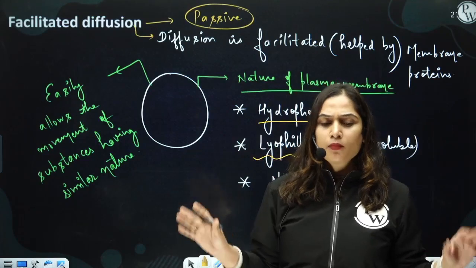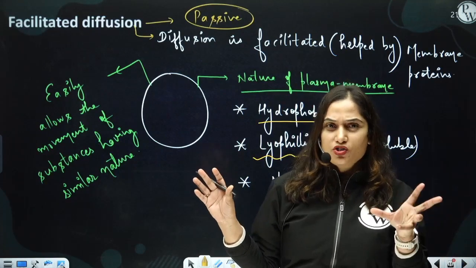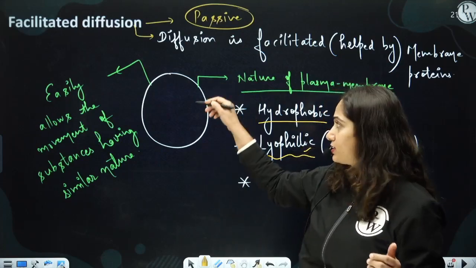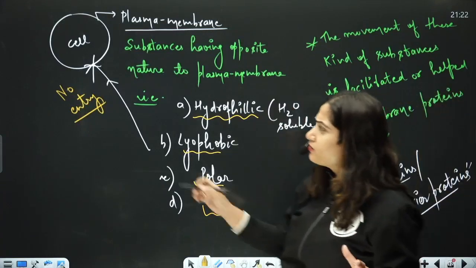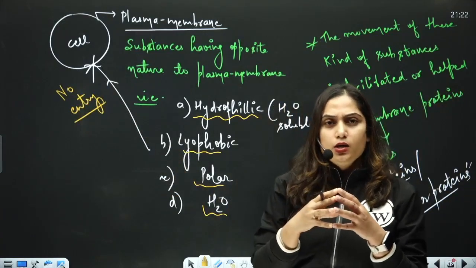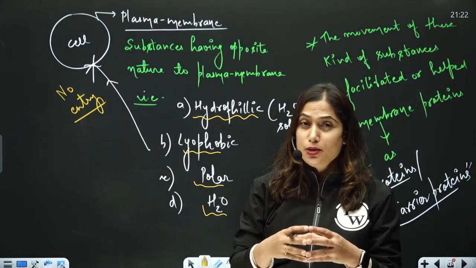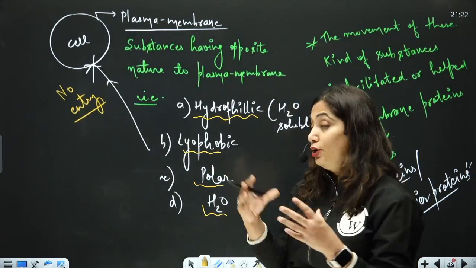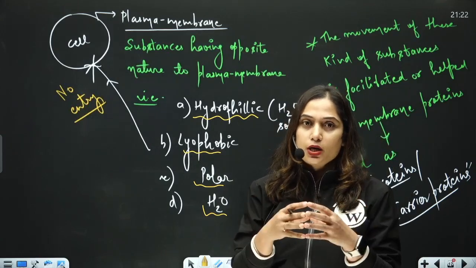What they say: listen, we are watching that you are struggling to come into the cell. So we can help you out. The membrane proteins, the channel proteins, the carrier proteins are saying to these molecules that we can help you out, and we are social workers, we are members of some NGO,